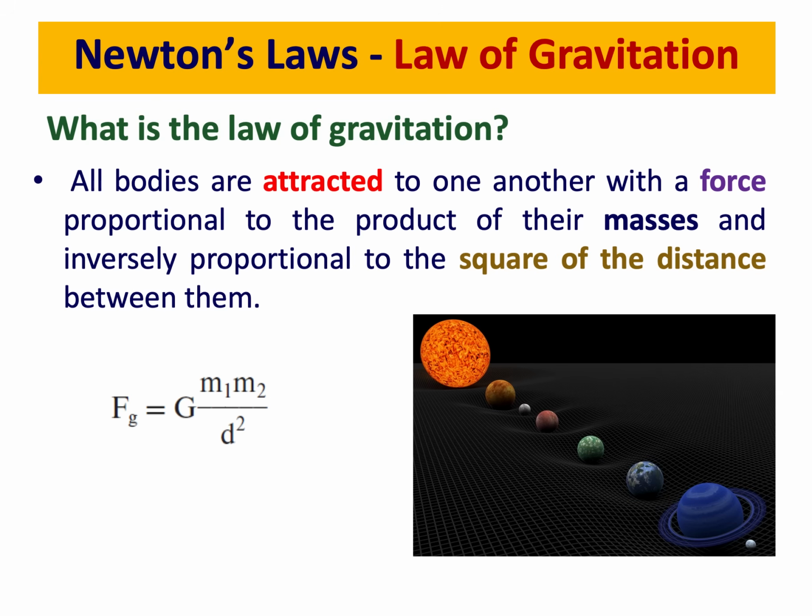Any object will exert a gravitational force on other objects around it. However, we don't feel it around us on the scale of the human body because the masses are very small, and when you multiply them with the gravitational constant, it's actually very negligible. However, we need to keep in mind that all objects exert and affect other objects with a gravitational force.